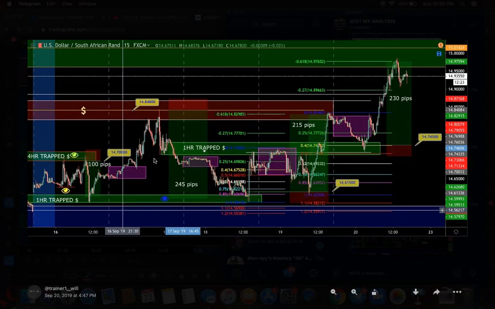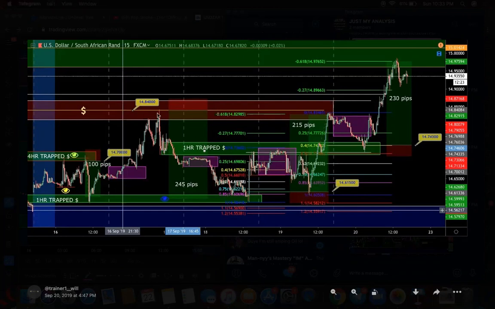So understand that there were many high probability setups, just depending on what you were looking for. But based on what I'm showing you as far as the trap money areas, the last up and down candle, the imbalance, these purple areas are the Sydney Tokyo range. I'm going to go into that tomorrow because that really matters. So understanding just based off the trap money spots, the imbalances, and the equal highs and equal low points,